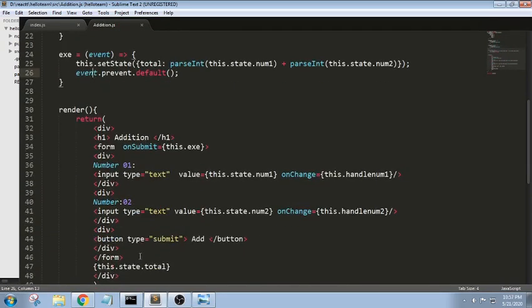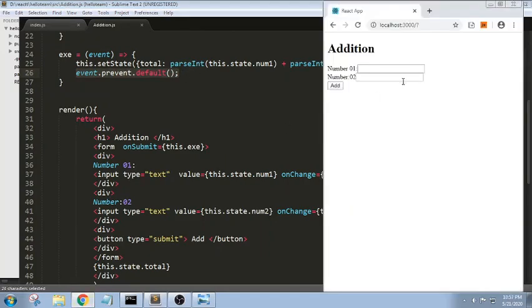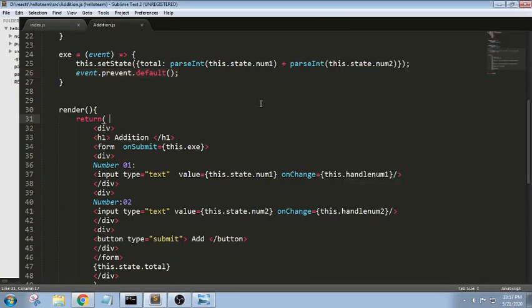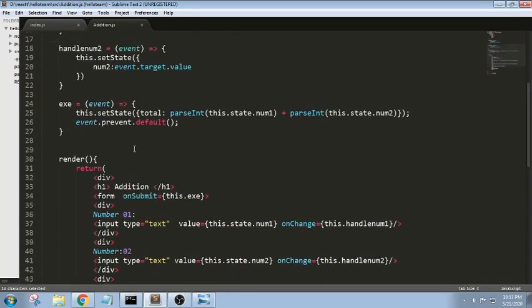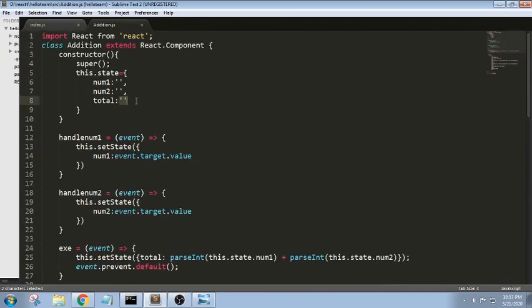Next, we are taking a button. When the user clicks on this button, it performs some operation with parseInt. If the user has given some other values, the answer will be none. We have used event.preventDefault in order to make sure the page will not load again. So if I do it this way, you can see none here, otherwise it takes the values. So this.state.total retrieves the values we have computed after the operations. This is how we have done a basic addition using forms.